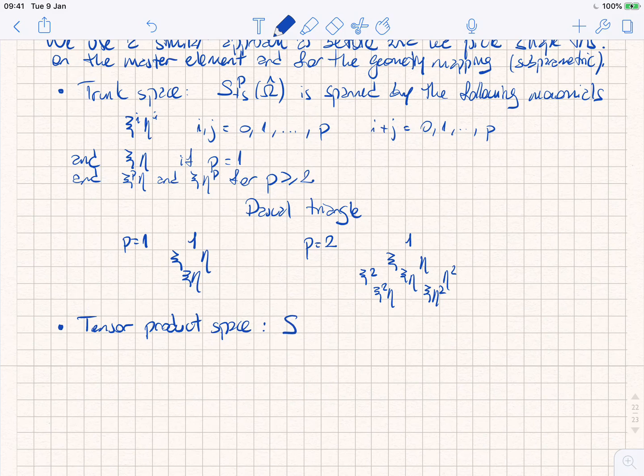And we're going to denote this by S, and then I'm going to put here p psi comma p eta, because the interesting feature about this space is that you can actually choose whether you want to have a high order polynomial in only one direction, right? Before, our trunk space was in a way symmetric in the way we are introducing all these terms into the approximation. In the tensor product space, we have more freedom, and we can say, well, let's just use a high order in the x direction, because who knows, maybe there is a steeper gradient in the x direction that you want to capture better, right? And in the y direction, you don't want to do that. You want to remain, let's say, quadratic or linear, and so you have the freedom in this tensor product space to do that. So this is spanned